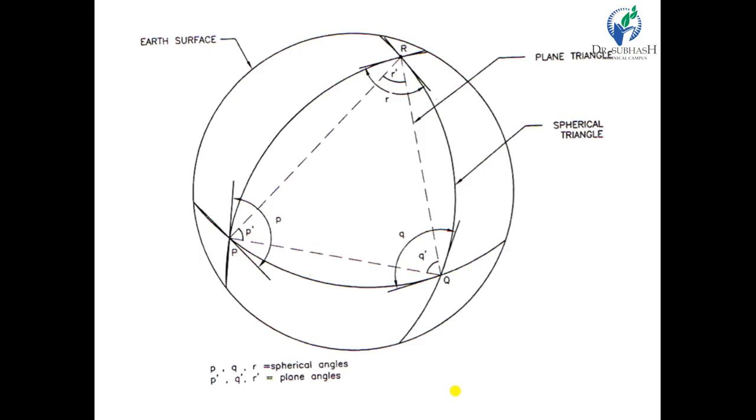Generally, that is the earth surface, that is the plane triangle, and that is the spherical triangle. Generally, we consider the Earth's surface as a plane, so connecting three points gives a triangle. But if you are using geodetic surveying for a larger area, we have to use its curved shape, and the area becomes larger compared to the linear measurement.